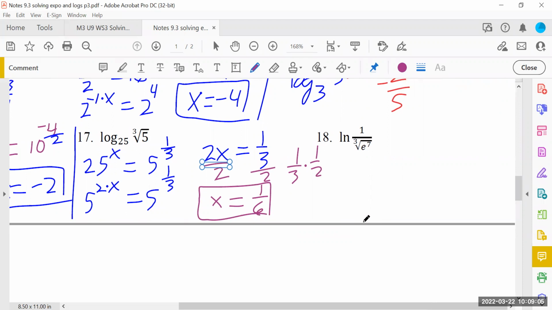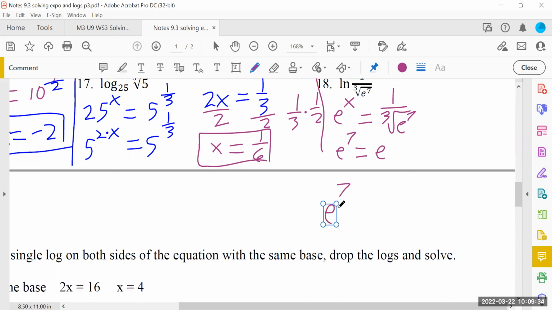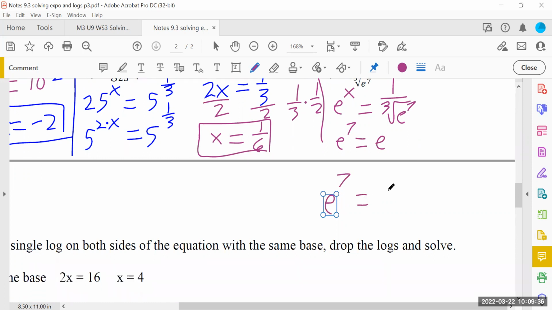And then the last one like this is number 18. Natural log means log base e. Let's just go straight to an equation. E to some power equals 1 over the cube root of e to the 7th power. So e to some power equals e to the, I'm not going to have enough room to write there. I'll write it down here. E to the 7th power equals e to the,